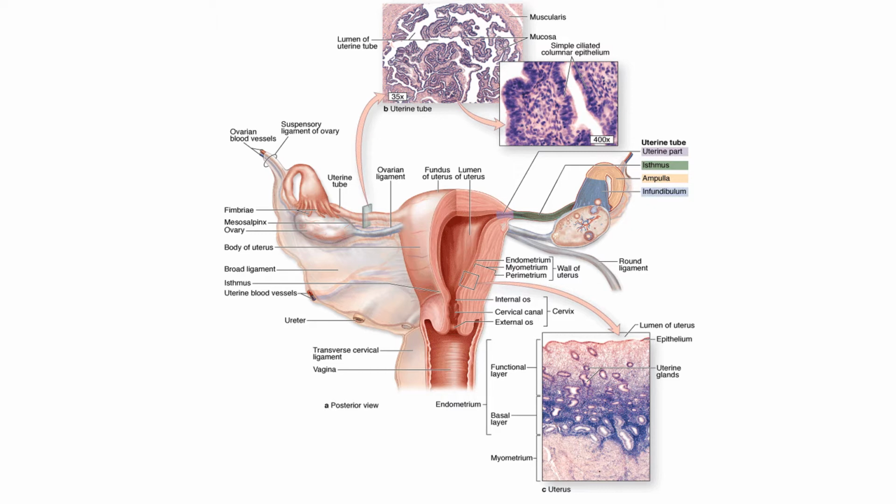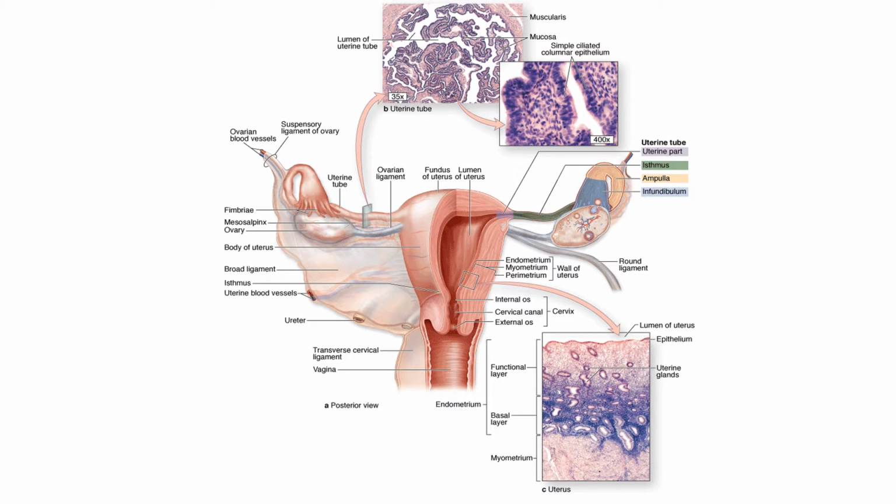This uterine tube is subdivided further into different parts. The first part is the portion which enters inside the wall of the uterus. This part is known as the intramural part. The part just lateral to this is the isthmus, this narrow portion. Then it gets dilated further laterally, and this dilated portion is known as the ampulla, and finally the terminal end is known as the infundibulum. This infundibular portion has multiple finger-like projections, known as fimbriae.